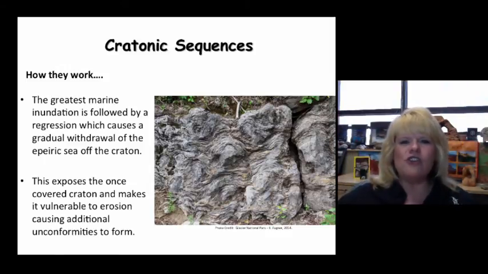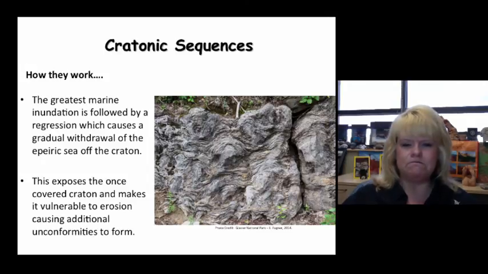So we can also find other clues like ripple marks and mud cracks and things that help us tell the story of where the shoreline actually was during the transgressive regressive cycle. But after the regression is complete and the Epeiric Sea comes off the continent, any freshly laid down material during that sequence is vulnerable to erosion,